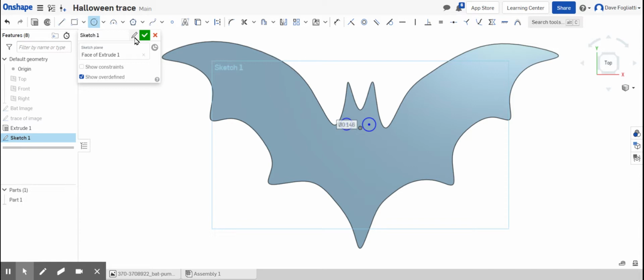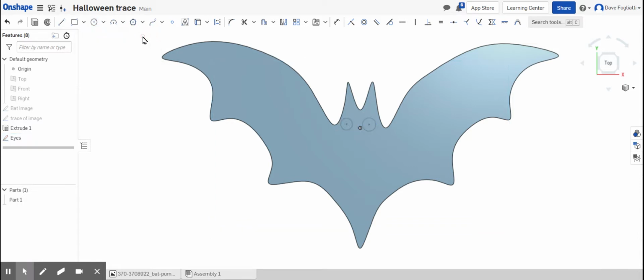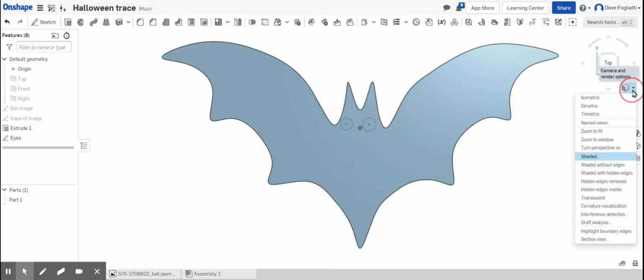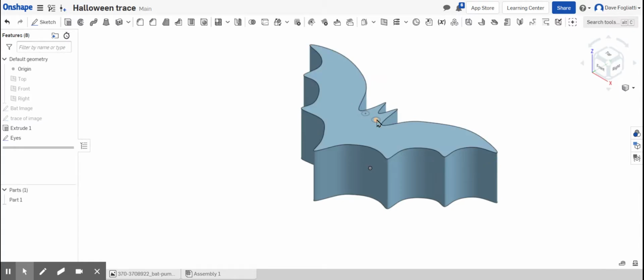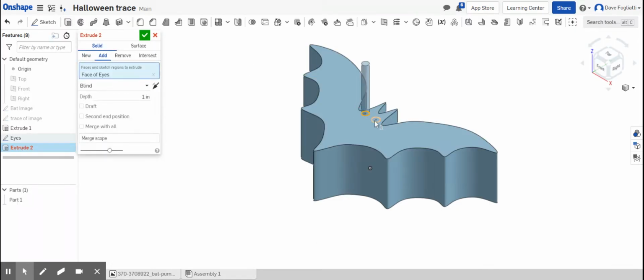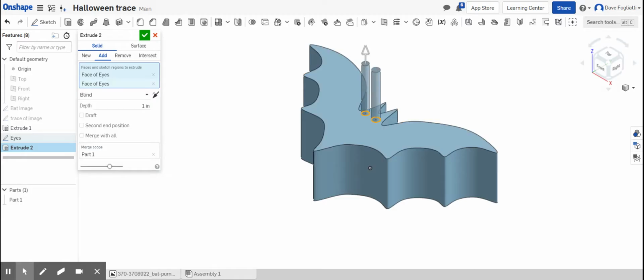So I can call this layer my eyes. And then what I can do now is I got a couple choices on what I do with my eyes. So again, you can have the eyes go in or the eyes go out. And I'm going to pick to have the eyes go out. So I'm going to extrude. I'm going to pick both eyes, maybe. But I don't want to extrude them 1 inch, right? I think I should probably extrude them maybe